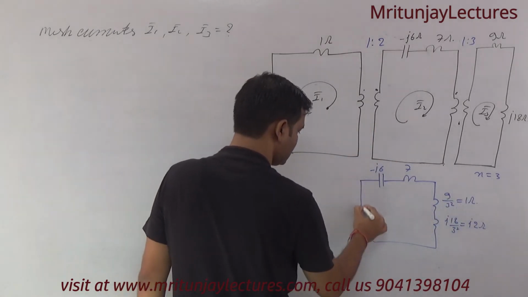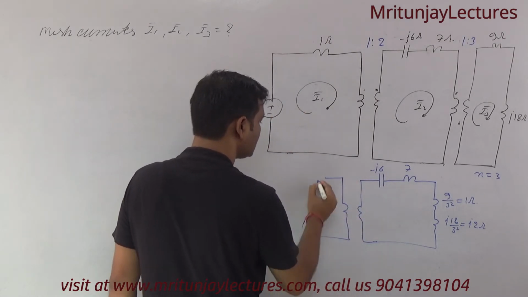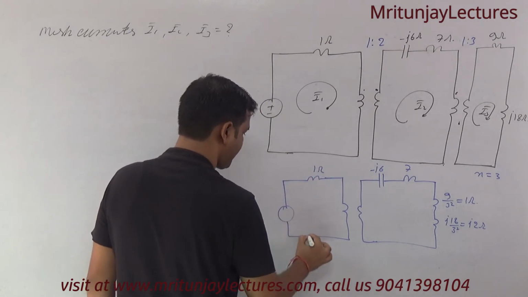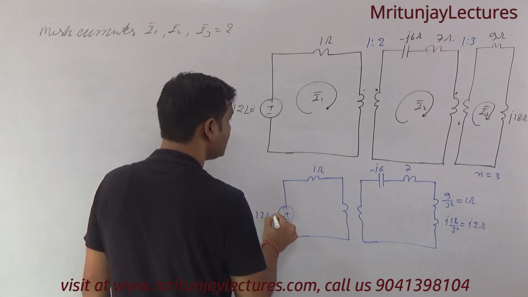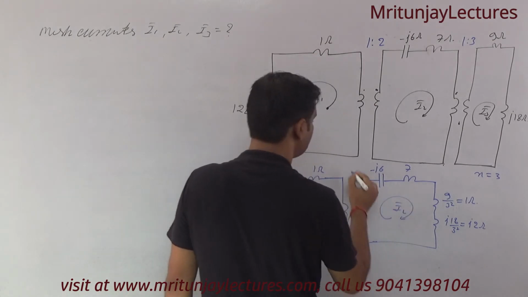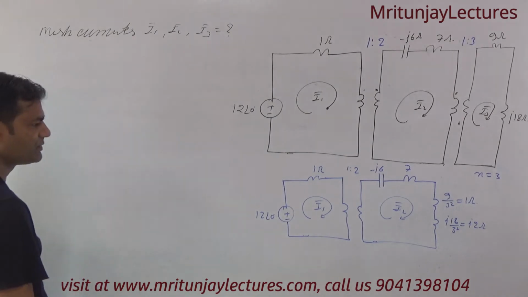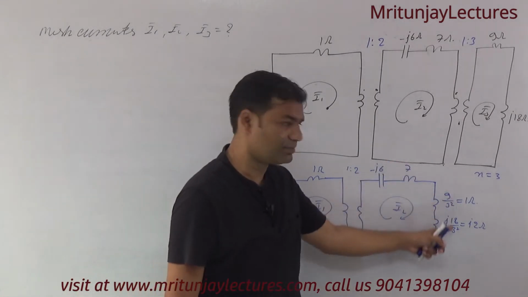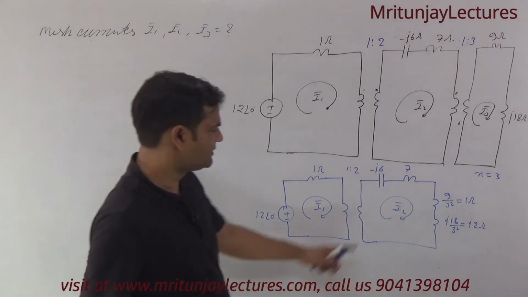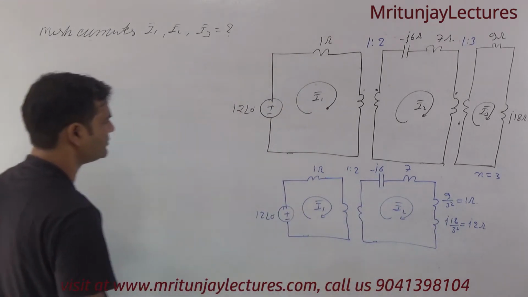Okay, now after that, that is 1 ohm, that is 12 at the angle 0. This is I1, and that is I2, and this one is 1:2. Okay, so first of all, what about the whole combination of this? That is 7 plus 1, 8, and minus 6 plus 2, j.